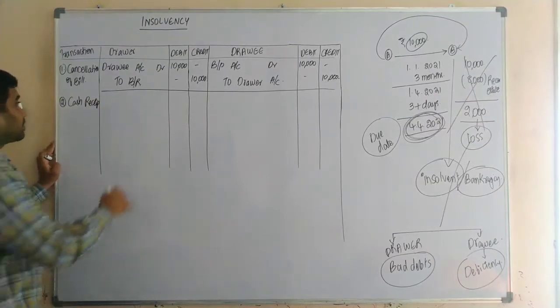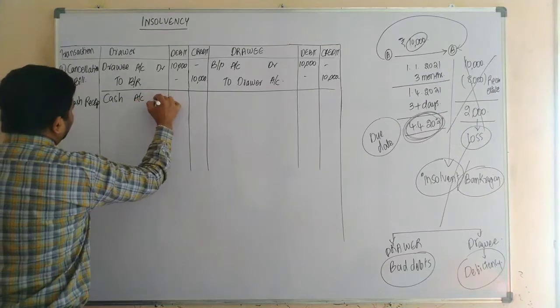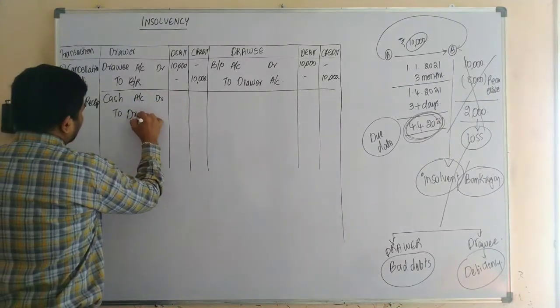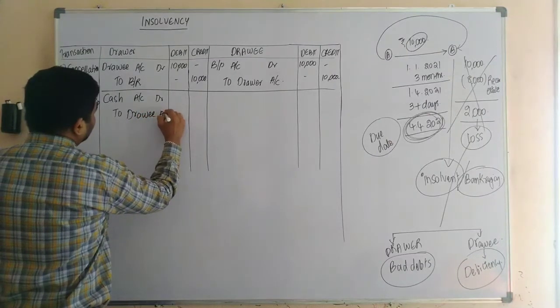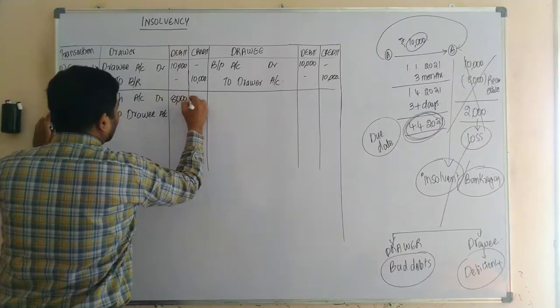Upon cash receipt, what is the journal entry? The journal entry would be cash account debit to, who is the giver? Drawee account. So how much are we receiving in our example? We are receiving 8,000 rupees